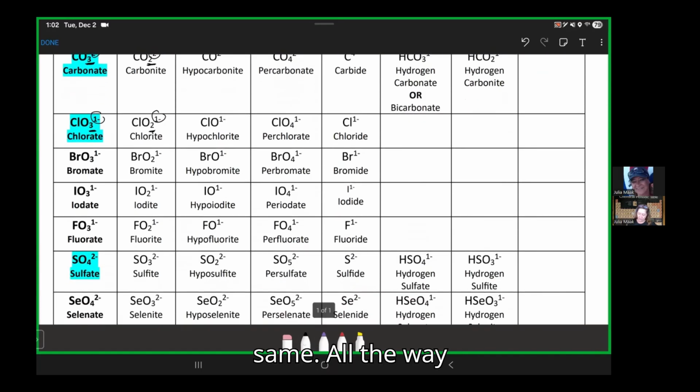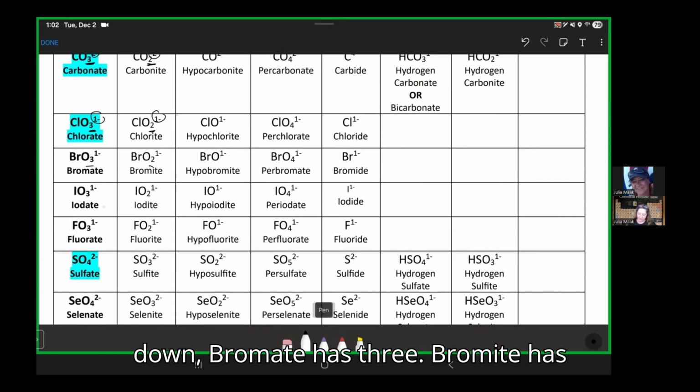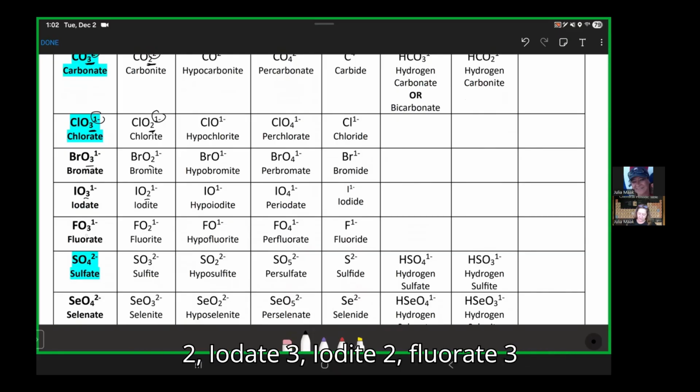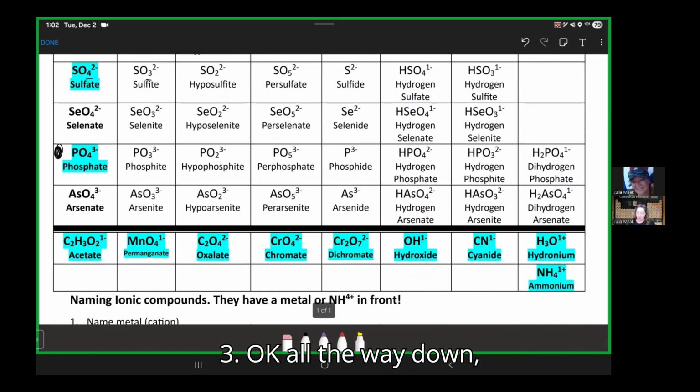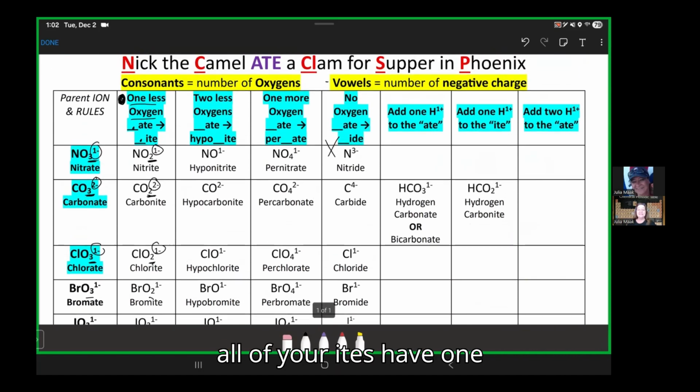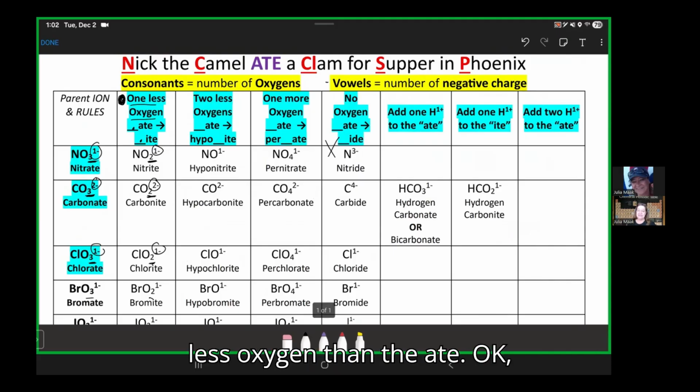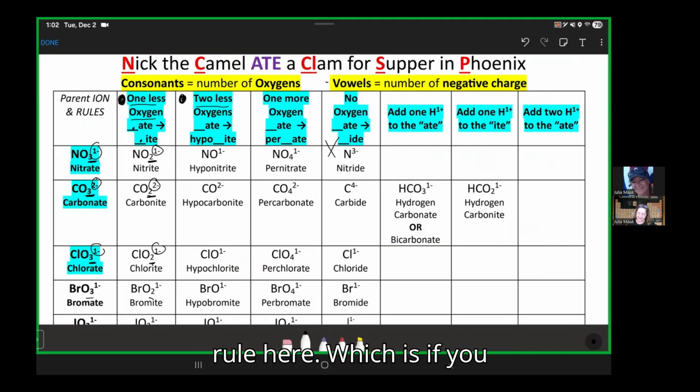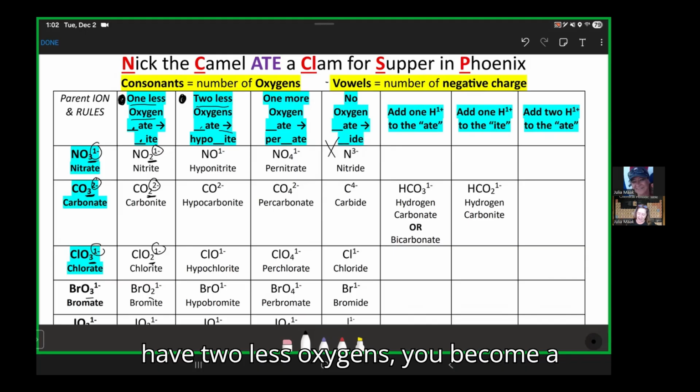All the way down. Bromate has 3, bromite has 2. Iodate 3, iodite 2. Fluorate 3, fluorite 2. Sulfate 4, sulfite 3. Okay? All the way down. All of your ites have 1 less oxygen than the ate. Okay? Then we move to our second rule here, which is if you have 2 less oxygens, you become a